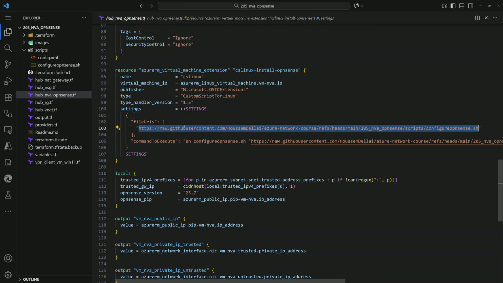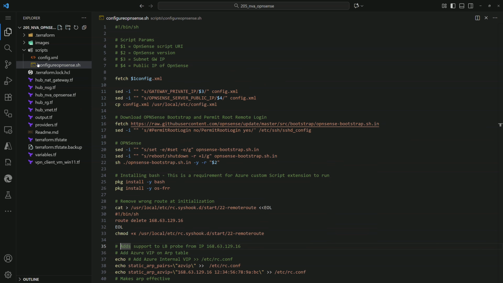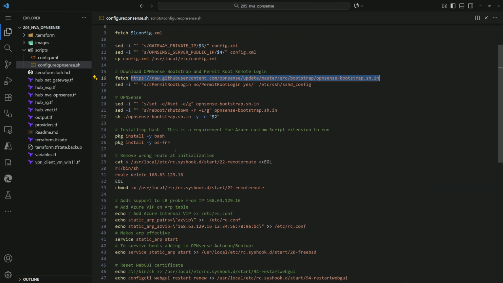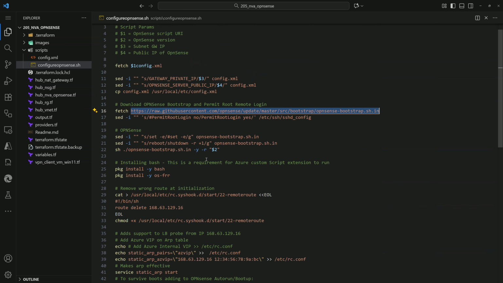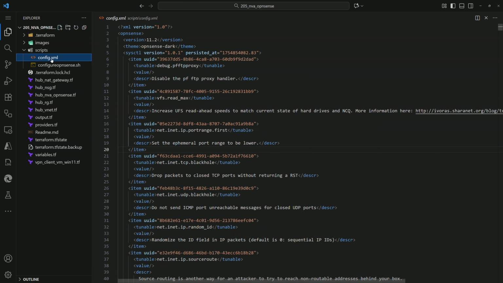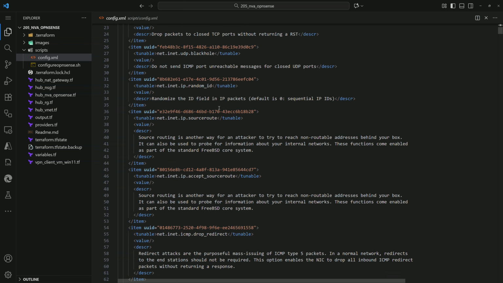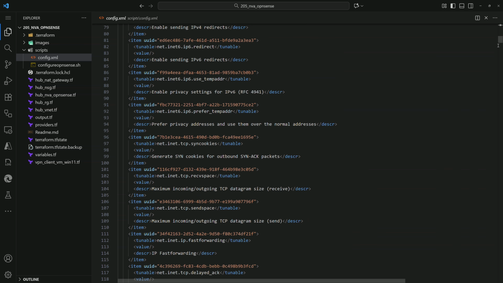which is mine actually, and that's because within this scripts folder here I've specified the two configuration files. The first one is the shell script that will go to install, or download actually, the shell script from OpenSense, and then it will make some changes to that script, and then it will install it into the Azure virtual machine, and it will apply the config.xml file which describes actually the configuration of the OpenSense